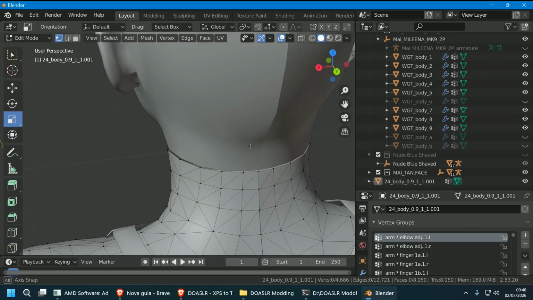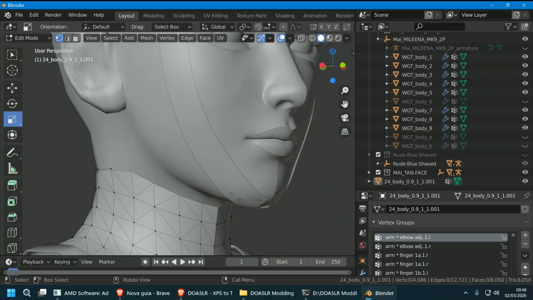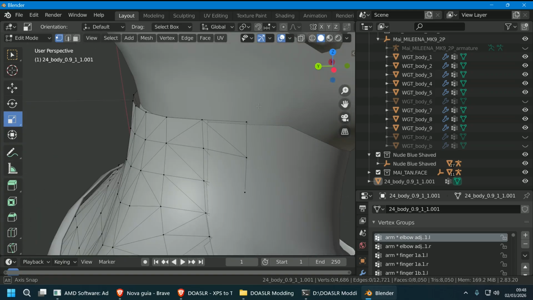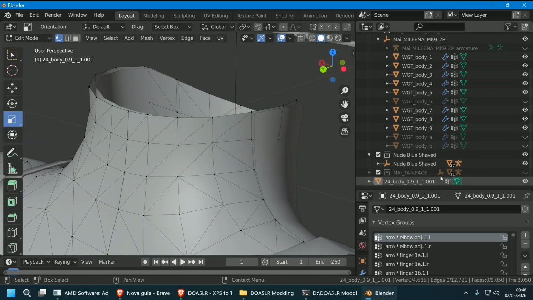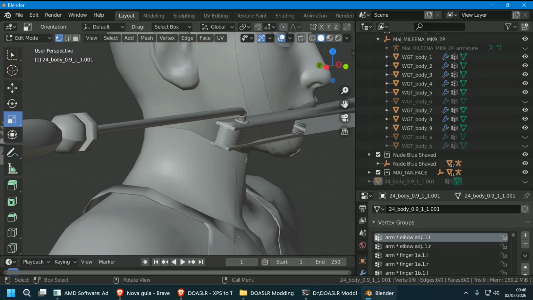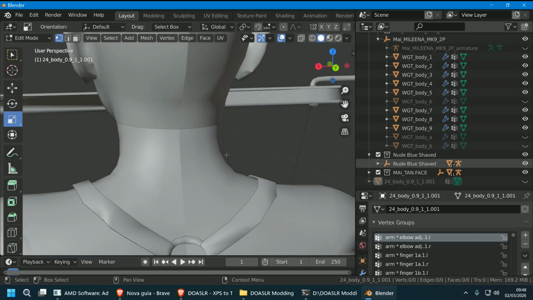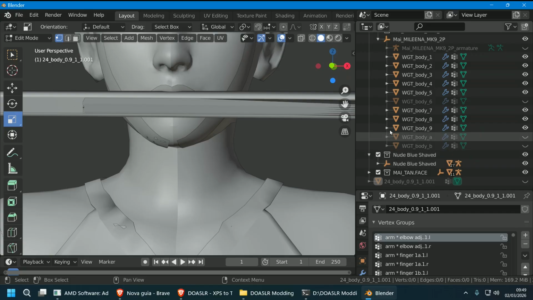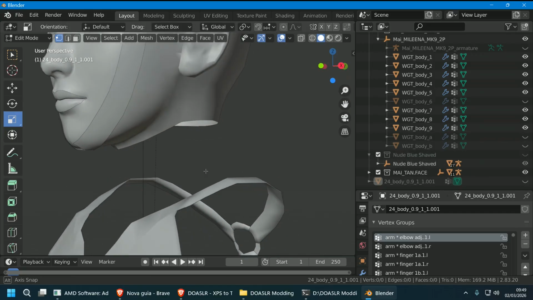You have two options to connect the neck here. You can either connect the neck to the head, which is present here, but believe it or not, you can also connect to the nude body. If I hide this body here, you can see that both the nude body and the neck are very well connected. This is important for you to know because sometimes you might not have a head available. If you don't have the head, you can connect to any other body. Just bring it in Blender and connect the dots like I showed you before using the magnet tool. Since the nude body has the fence and we like to work in a clean working area,